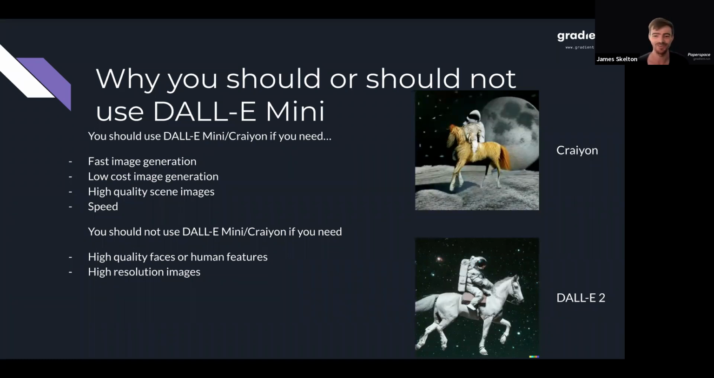Very highly accurate scenes. So DALL-E Mini is great for doing, I was shocked. It does scenes really well. So like we can see right here, there's this top example. I mean, that horse looks like it's made of,